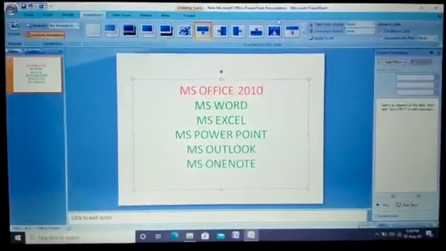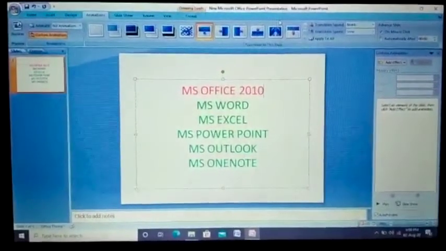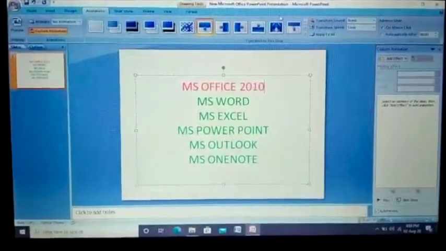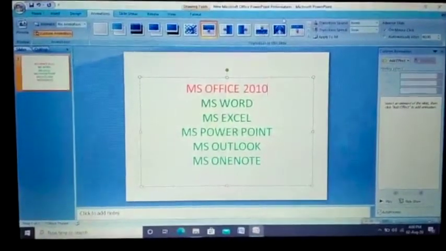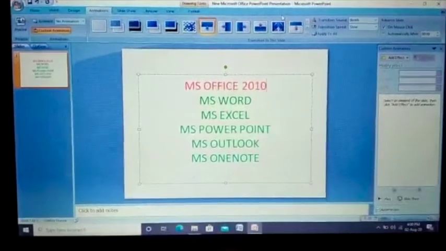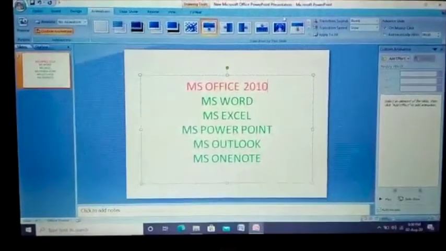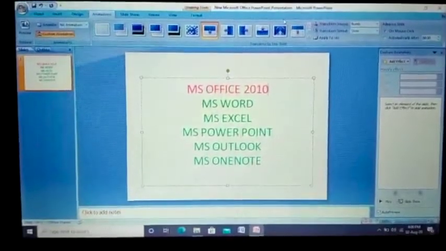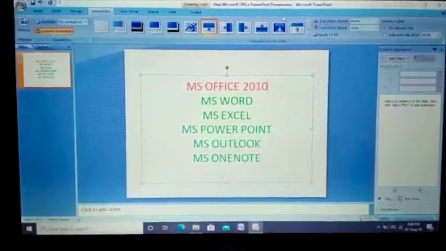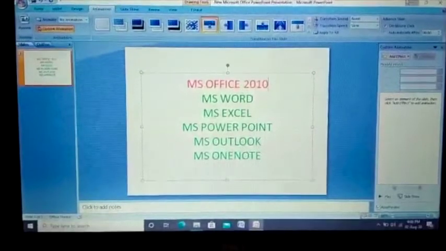Next, sound. You can also add sound to the slide transition. Open the sound drop down list to choose a sound from various options.